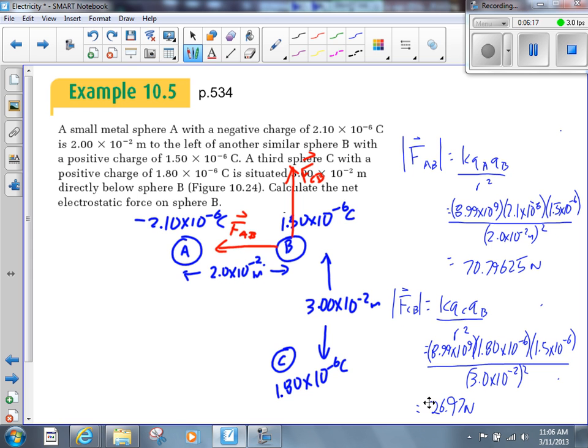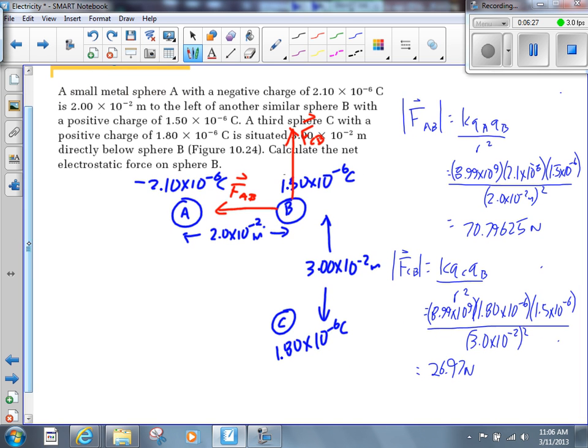The x component is negative 70.79625. The y component is positive 26.97. So now at this point, I'm simply going to redraw this as a vector diagram. This is a free body diagram. We need to redraw it as a vector diagram so that we can get both the magnitude and the direction. If I just joined these two lines together, I would get the magnitude of the force correctly, but I wouldn't get the direction. If I want to find the direction, I've got to redraw it,